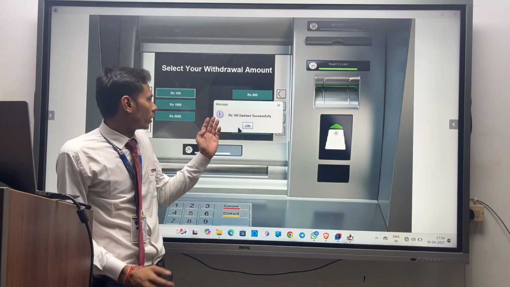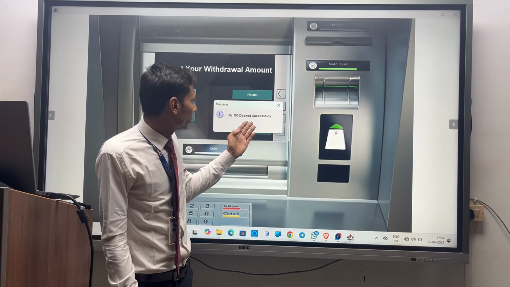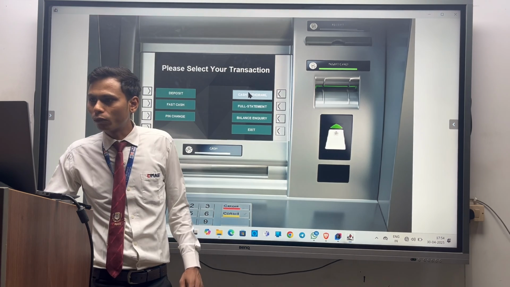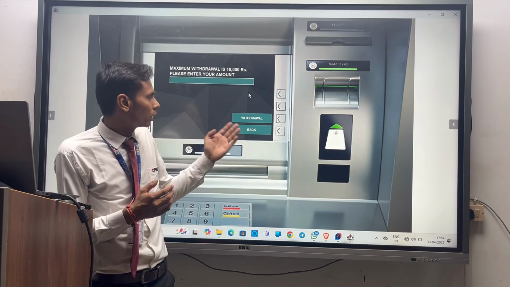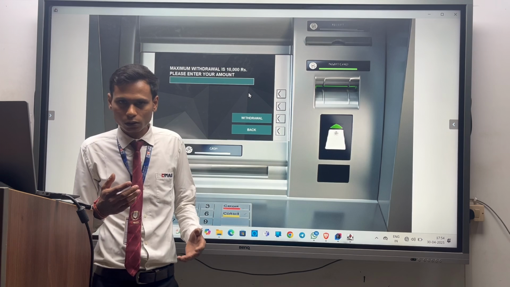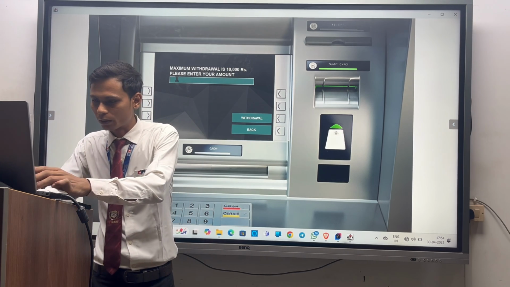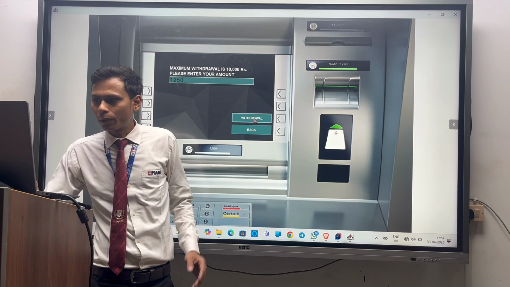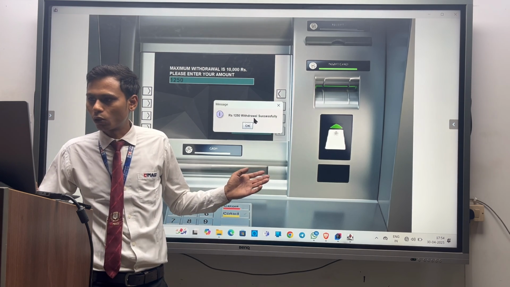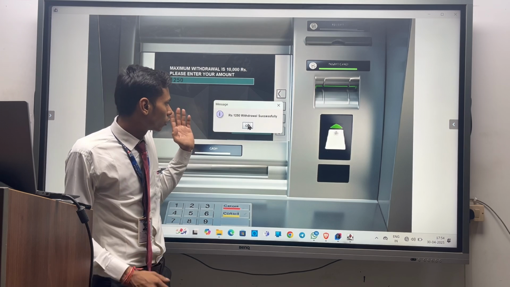Okay, so here Rs 100 debited successfully. If you want to withdraw manually, then we can withdraw as much amount as we want. 1250 rupees. Okay, simply we can withdraw this much amount because our account already has a lot of funds.